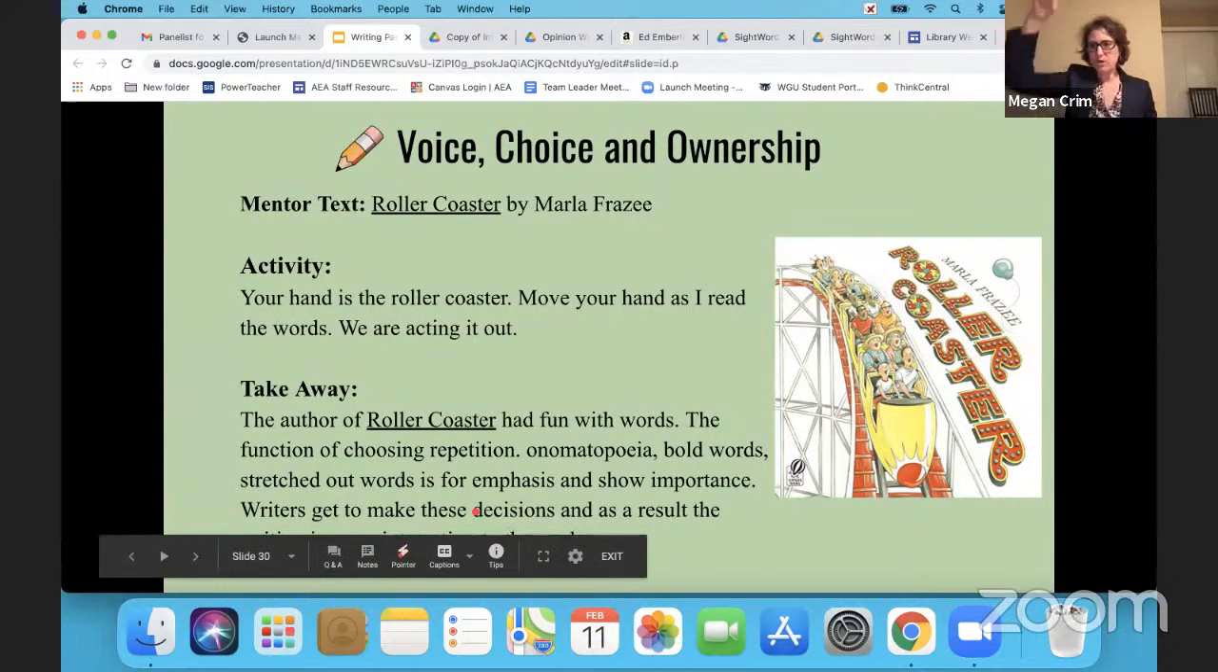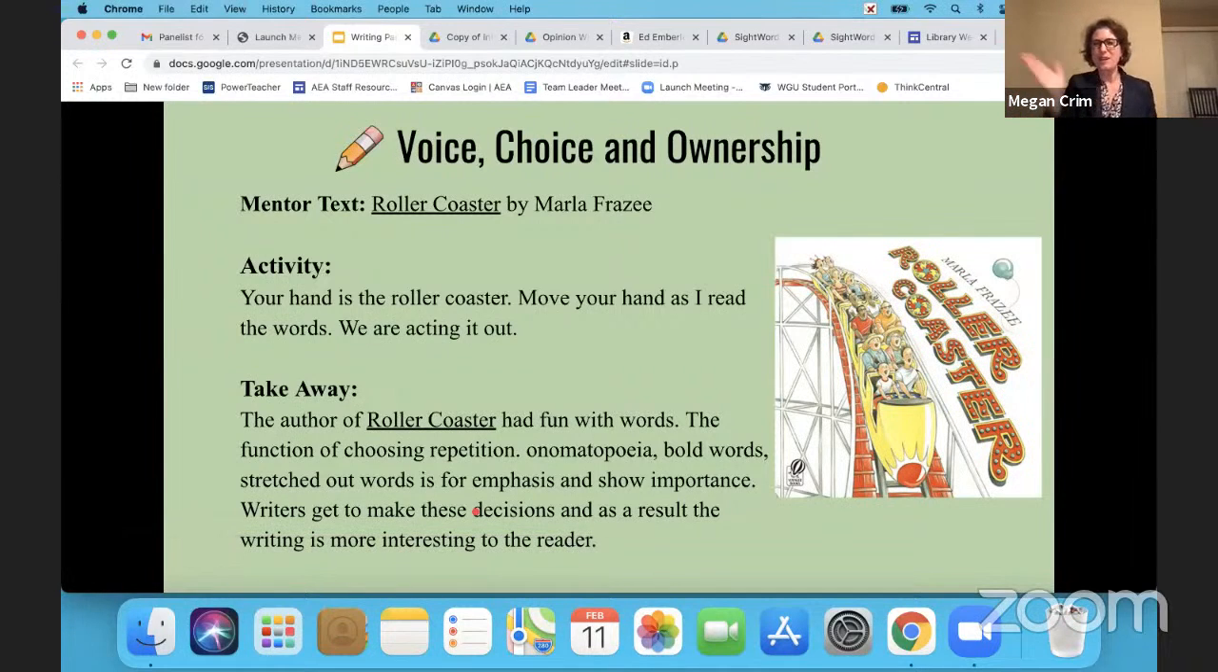So it goes, and you can do it with your arm if you wish. Nobody can see you, so it might make you move a little bit here. But it starts out with the little girl who just doesn't know if she wants to be on a roller coaster, but finally gets on, and she's on it and she can't get off. And it starts out with this idea of stretching a word